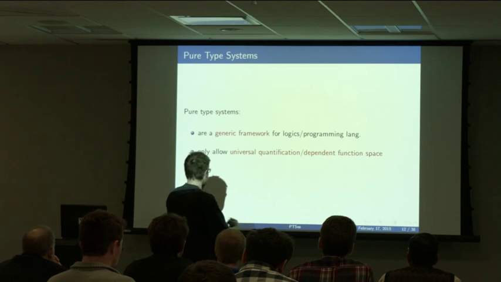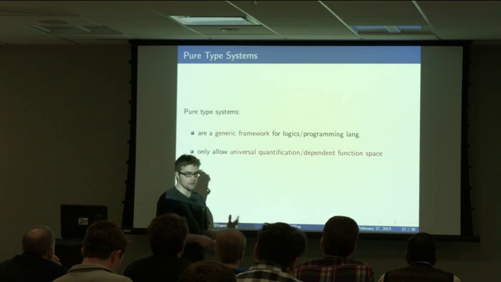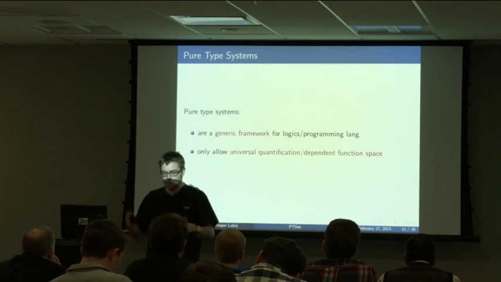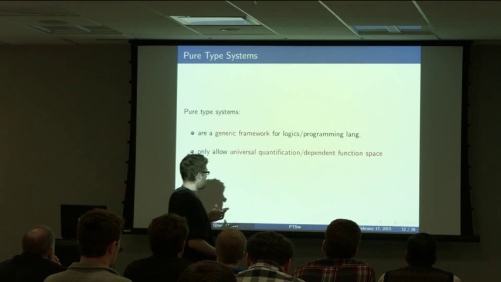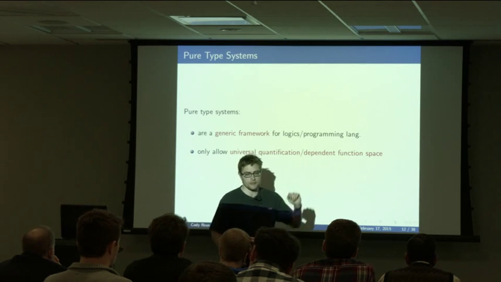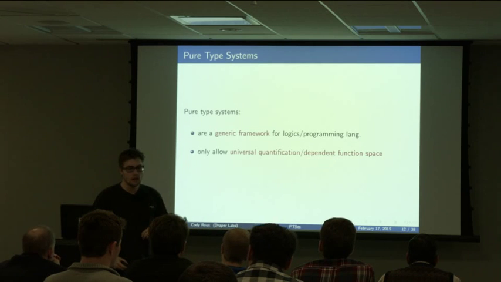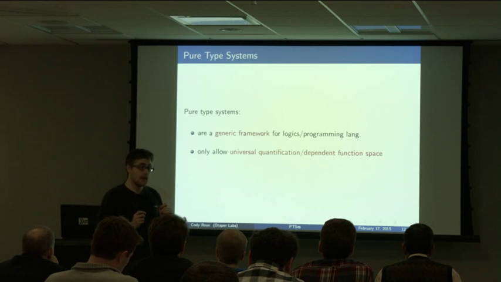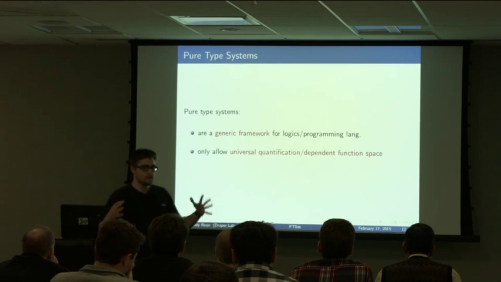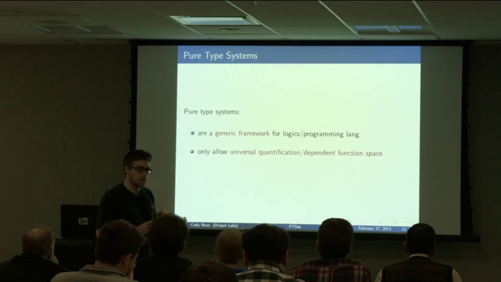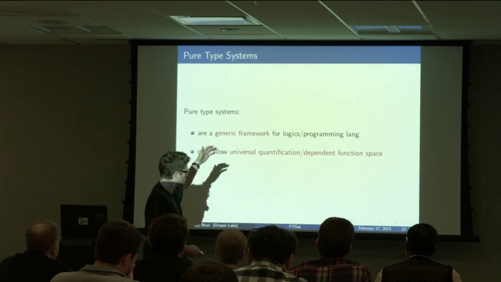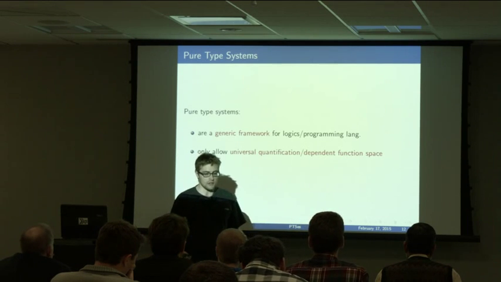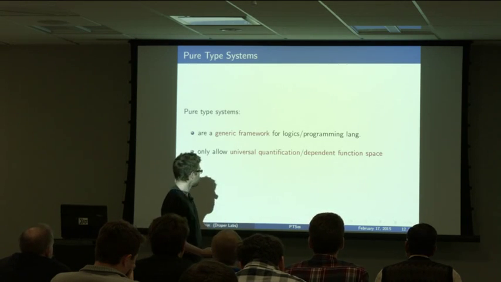Now, what's nice is that it does this in a rather simple way. And in particular, all these programming languages only have one sort of type constructor. And that type constructor is what I call dependent function space. And I'm going to explain what that means. But it's basically a vast generalization of the usual arrow you see in Haskell, and also of the for all. It's sort of this overarching concept, which is why it's so useful to that list of minus x's I had at the beginning, because it's a single concept that unifies these things.